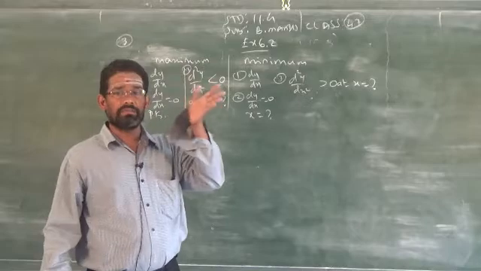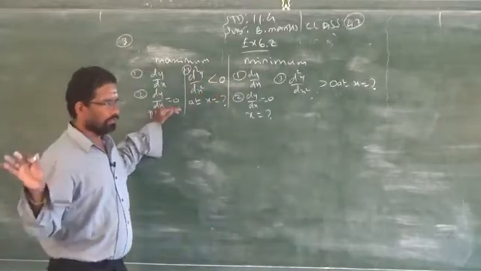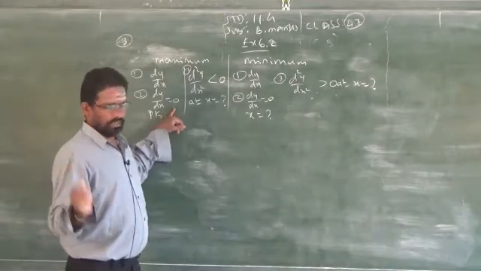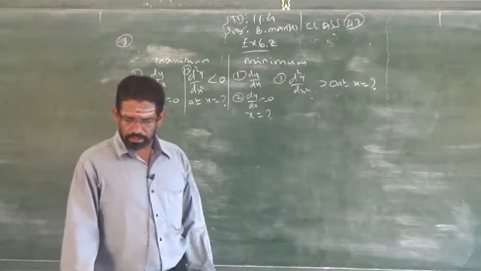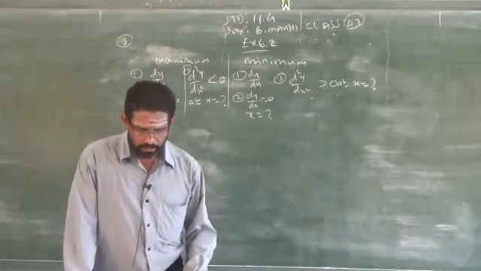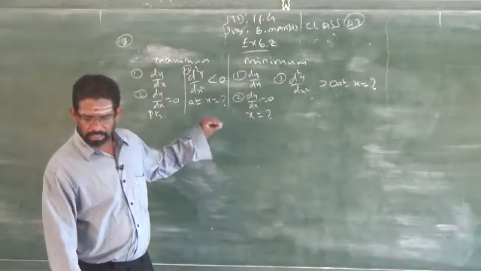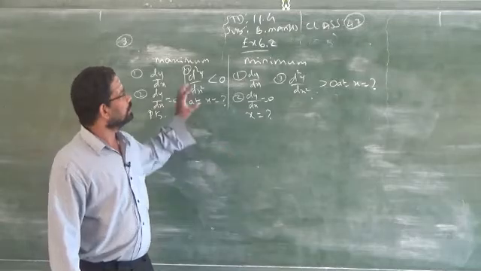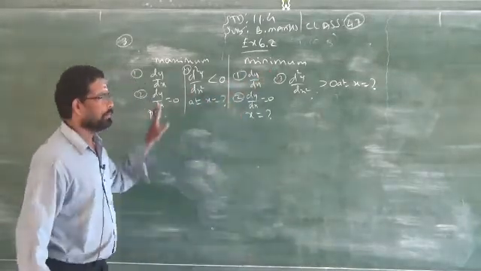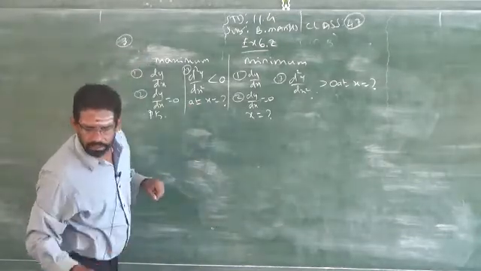You have to memorize the formula. Up to this point, common for both, I told you increasing and decreasing function, stationary point, stationary values, point of inflection. Point of inflection, stationary values and stationary points are not given here, but they are there in the examples. Please refer to the examples. Clear. So to get the maximum profit or minimize the loss, these are the rules. Please follow the rules and do it. Sum number 3, I will straight away start with this one.